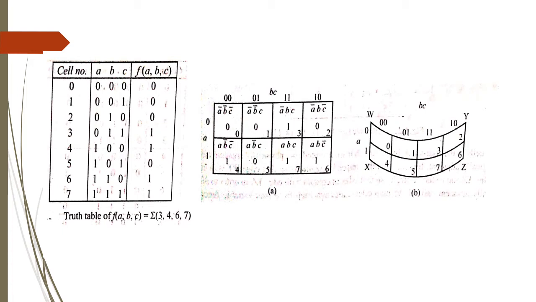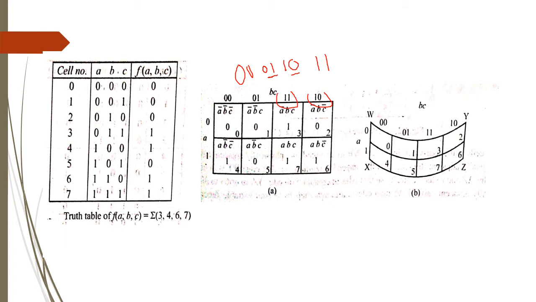When I write a three variable map, here it will be 0, 1, and you don't write 2 next. Instead you write 3 and then 2, that is 1 1 and 1 0. Because if I write 1 0 next to 0 1, there is a bit difference of 2. Whereas in a K-map you always have to write adjacent cells with a difference of only 1 bit. That is why we write 1 1 first and 1 0 later. That is nothing but the Gray code equivalent of this number.